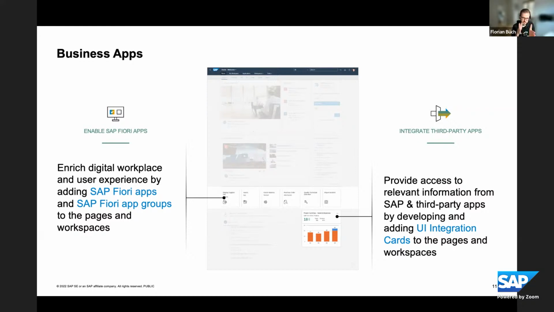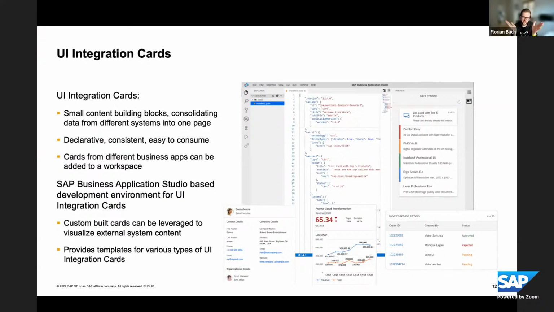And then pillar number 3, and that's going to be the focus of today, UI integration cards themselves. You can see some examples here on the right-hand side, but let me quickly explain what those are for those of you who are not familiar with the concept of UI integration cards. You can see what they can look like on the right-hand side, at least some examples, but